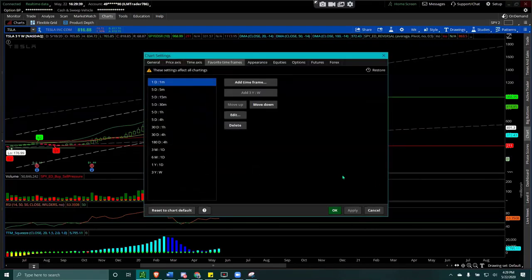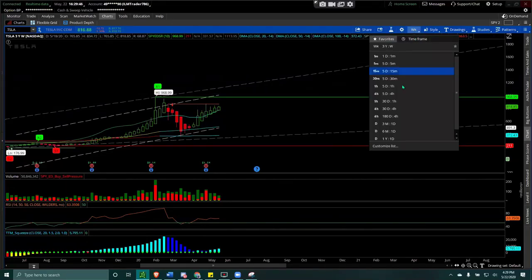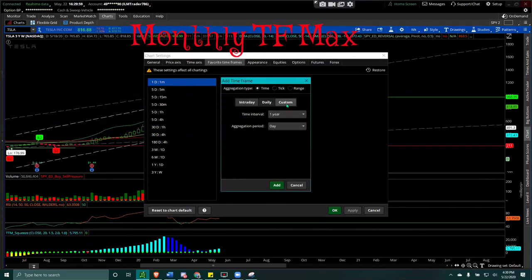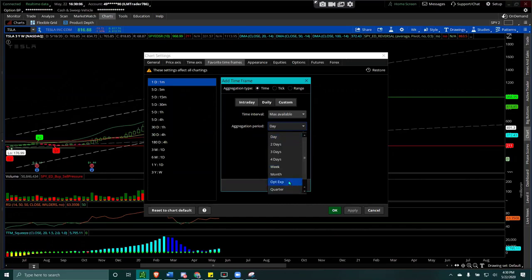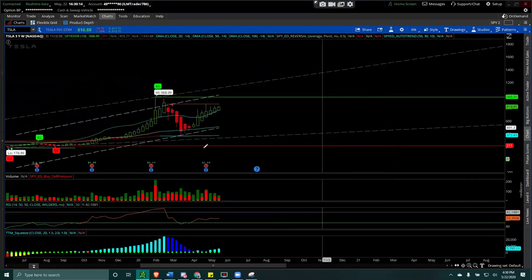Let me just add one more time frame. So you could come here, right? Let me go back and show you slowly. This is the time frame chart. You click it here. You could come down to customize, and you could play around with any settings you want. So let's say I'm missing my monthly time frame. I go to add time frame. I will do daily, and I change it to, let's say, max time available. And I will do, let's say, monthly. This is the bigger time frame, the higher time frame to the lower, and I do apply. And I just save it.